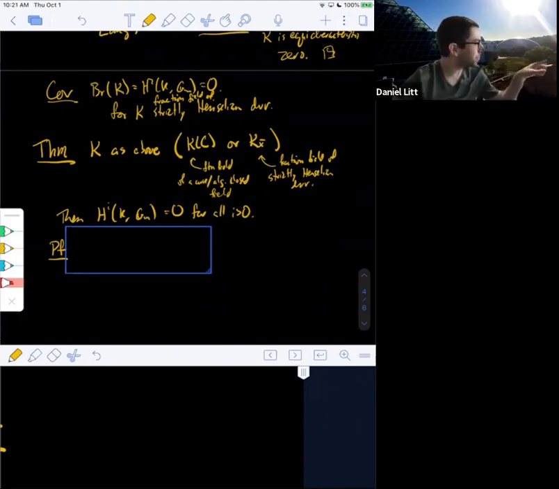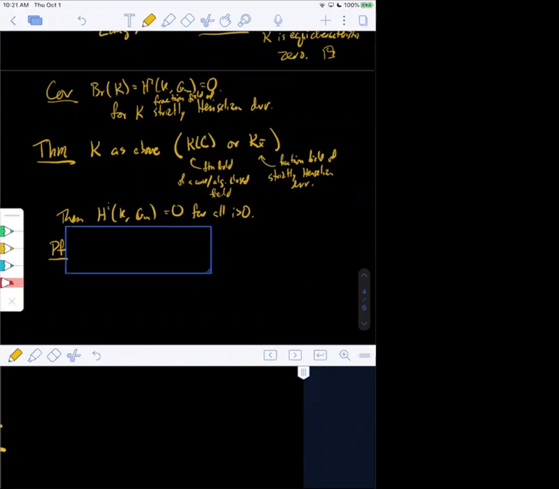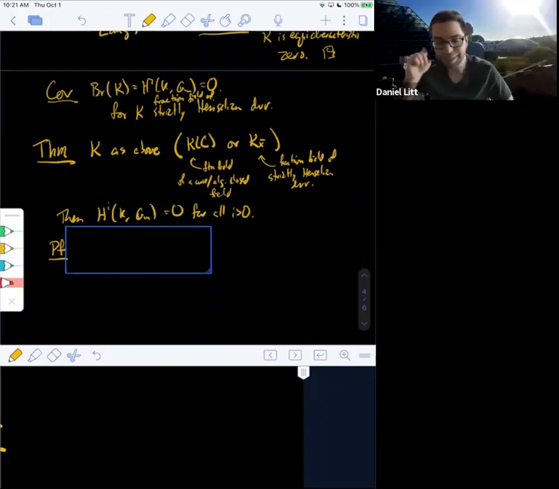So let's quickly talk about what happens with Brauer-Severis. If you have a section there, what that tells you is that the Brauer class is trivial, and I'll say why in a second. But that doesn't mean it's a trivial form of Pn. What it means is that it's a Zariski locally trivial form of Pn. So over a field, those are the same thing. I see. But in general, it's not quite. I was thinking of the case over Spec K, where Zariski locally trivial is the same as trivial.